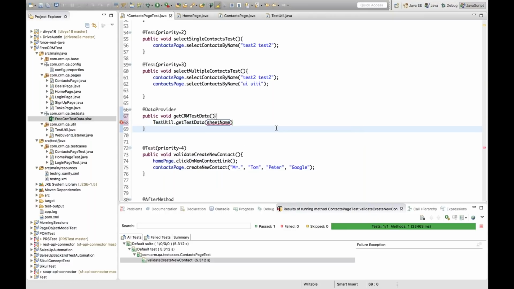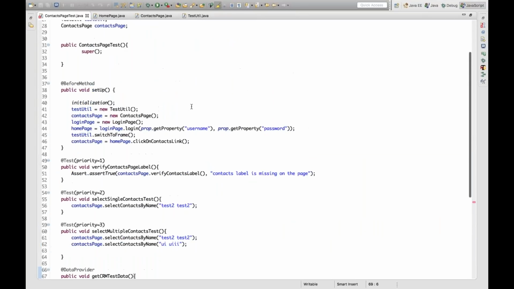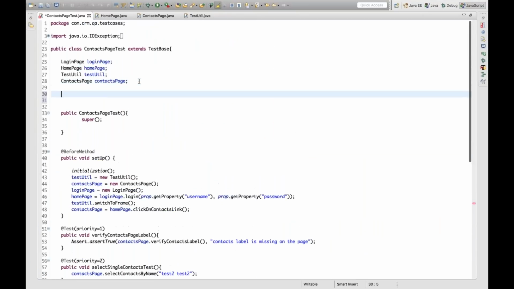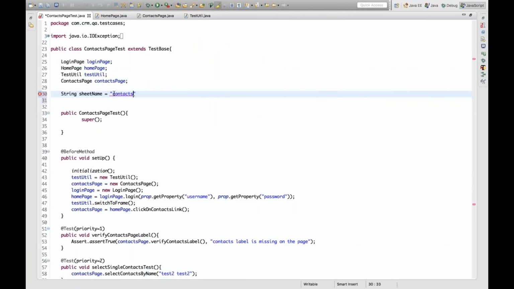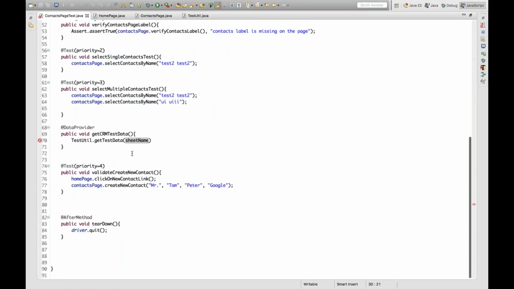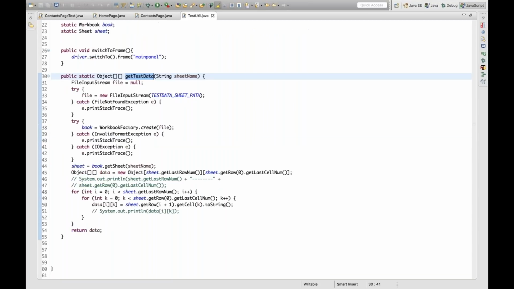And what is your sheet name? For contacts, I'll define my sheet name over here. String sheet name is equal to contacts. This is my sheet name, contacts, and I'll pass it. So what exactly it will do: the sheet name is contacts, it will go over here to get test data, do all these things, and then it will return one data, that is